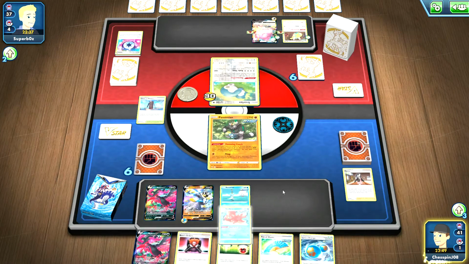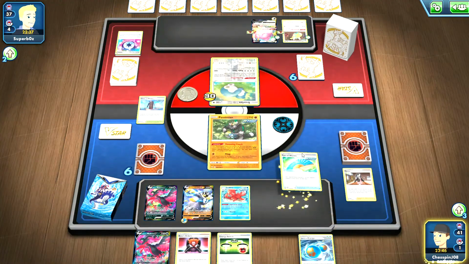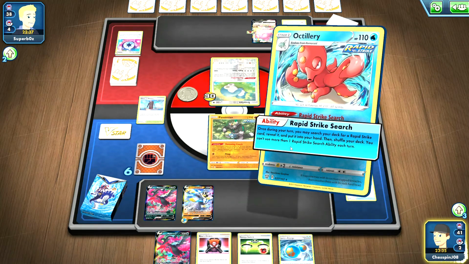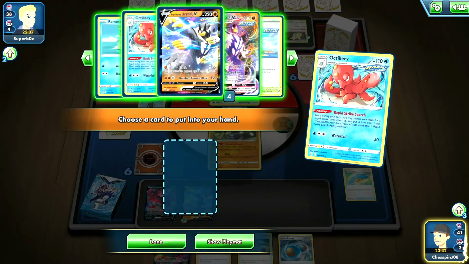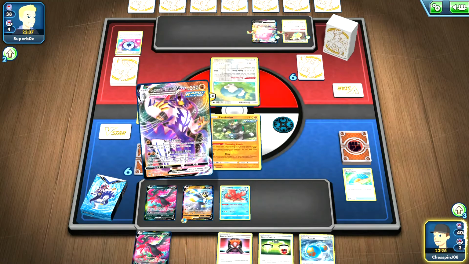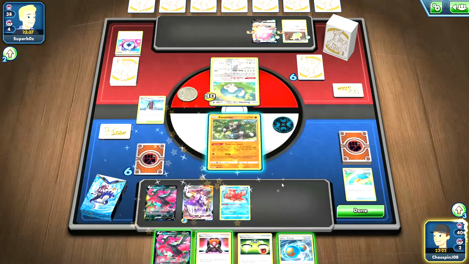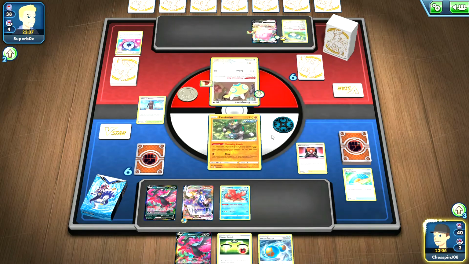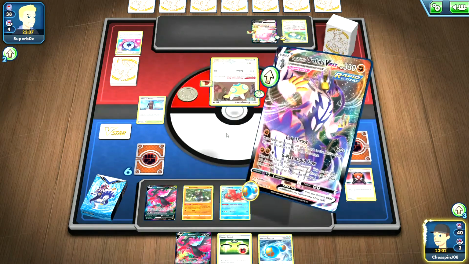We got a nice Octillery right here. We have the Fan of Waves. Put that energy on the bottom of their deck. And we can Rapid Strike Search here for Urshifu Vmax. And then I'm debating whether or not I want to play down this Rapid Strike energy onto Urshifu. I think I kind of want to get rid of this Dunsparce. So I think I'll play Boss's Orders. Retreat. Yeah, just